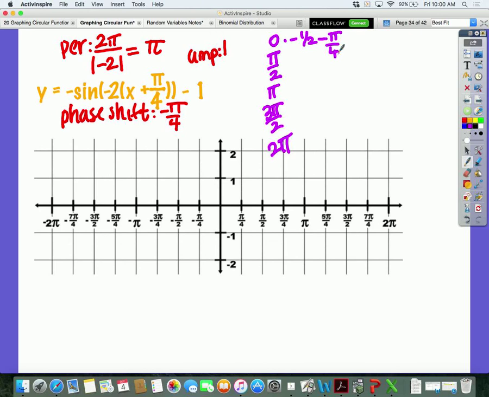Oh. Okay. Yeah, I got the first and second one. Well, pi times a half is pi over 2, minus 1/4 is pi over 4, right? 90 minus 45 is 45. Yeah, I got it. 3 pi over 2 times 1/2, or negative 1/2. Oh, they were negatives. That's why. Okay. So, times negative 1/2 minus pi over 4 makes this a negative pi over 4. Times pi by negative 1/2, you get a negative pi over 2, minus pi over 4 is a negative 3 pi over 4. Yep,